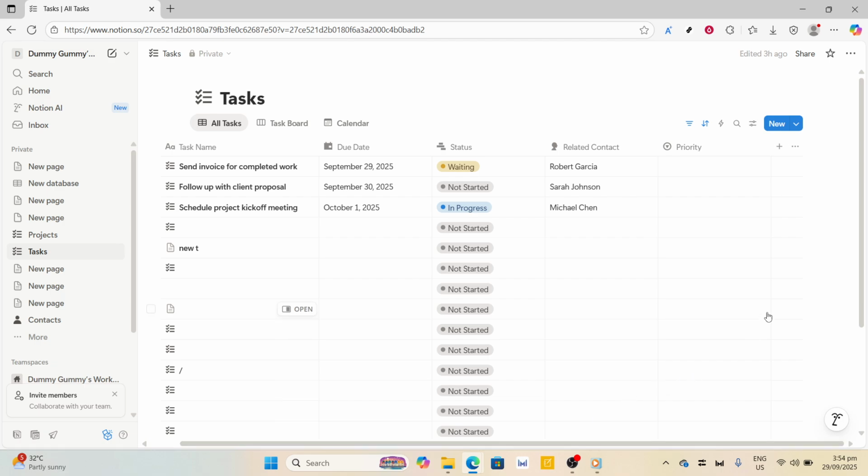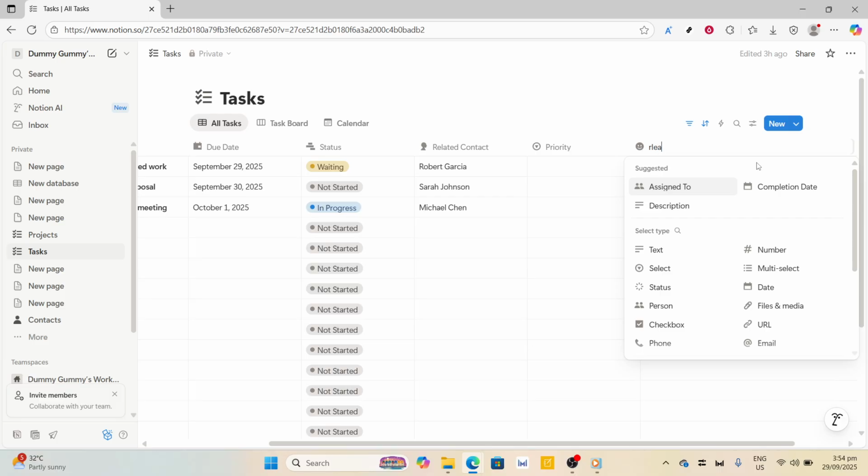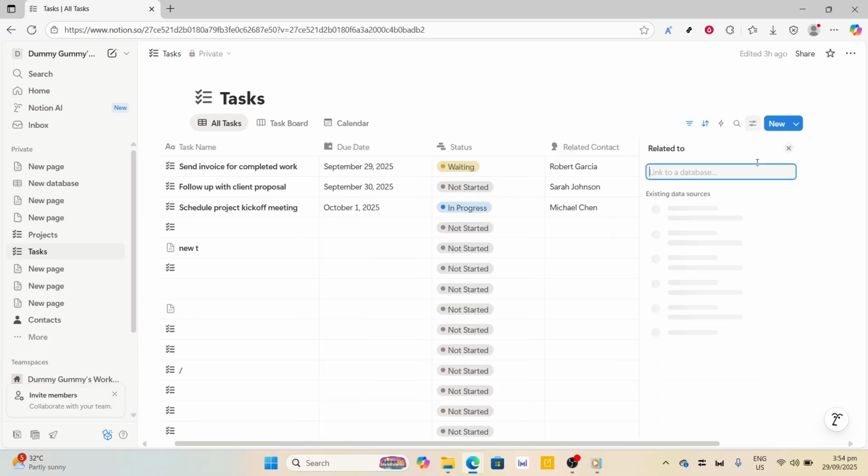Once you're in your tasks database, look towards the top of the page, where you should see a header with Add Property. Click on this and then select Relation from the list of options that appears. By choosing Relation, you're about to create a link between your tasks database and another database you have, which in this case is your projects database. Finding and selecting this option is crucial since it allows you to draw connections between separate databases, providing a comprehensive